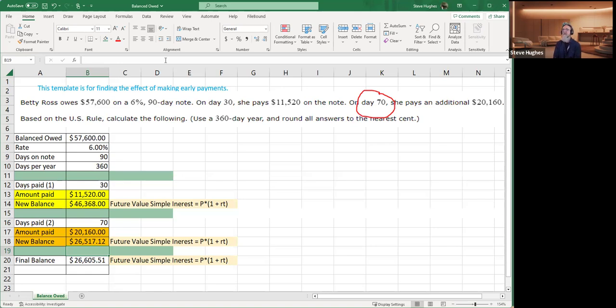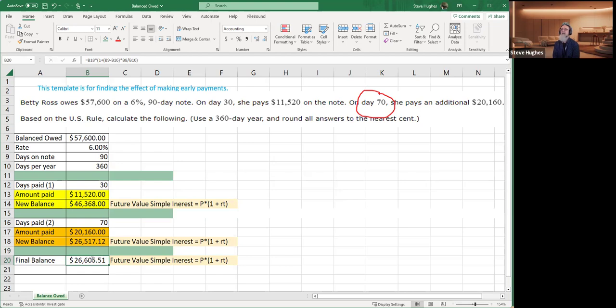Remember, this is a 90-day note. So at the end of the time, when the note has totally come to balance, totally completed, matured is what they call it, what is my final balance? So at this point in time, let's click on the formula. I'm taking B18. Remember, B18 was my balance when I made that last payment. That's highlighted in orange there. So that was my principal at that time. I multiply that times 1 plus